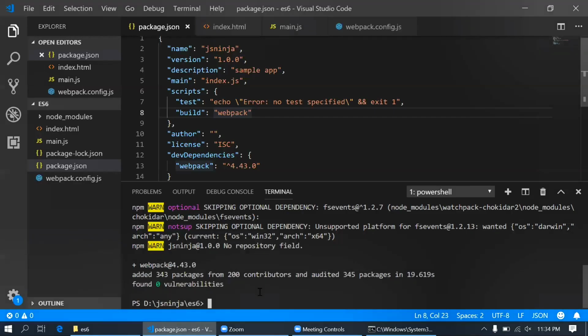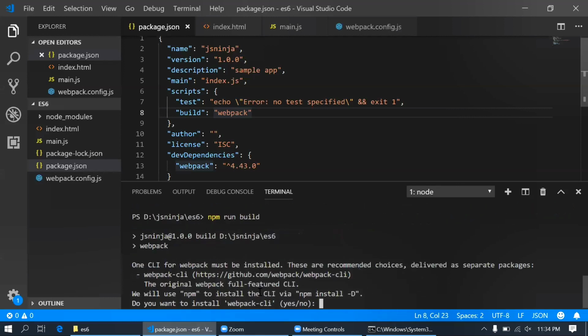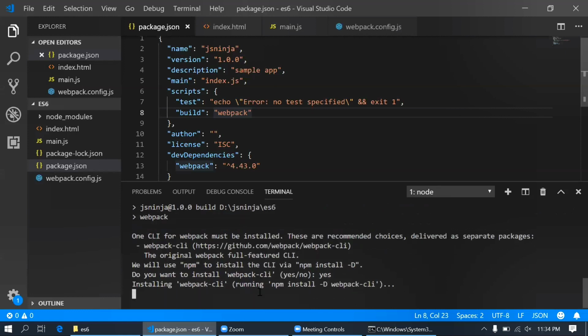Now we are going to check whether our build script is working or not. We give the command npm run build. Let's see whether it works. It is asking for the CLI, so we need to install the CLI. We'll put yes. Now it's getting installed.